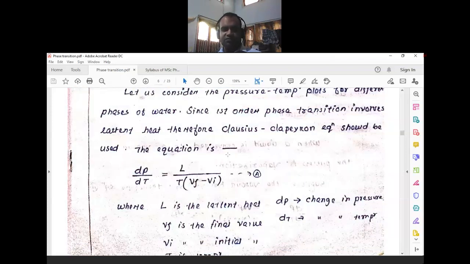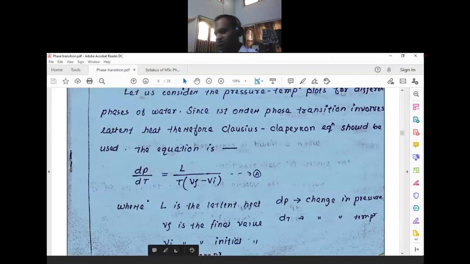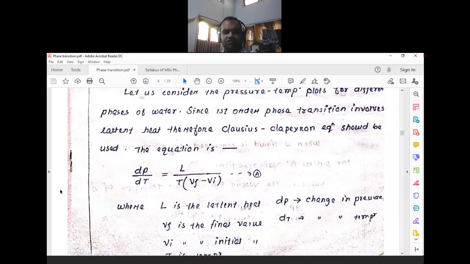You have to remember this Clausius-Clapeyron equation because in the MSc class we are not going for its derivation. Its derivation is required in a BSc class in some BSc semester. So what is the Clausius-Clapeyron equation? It is like